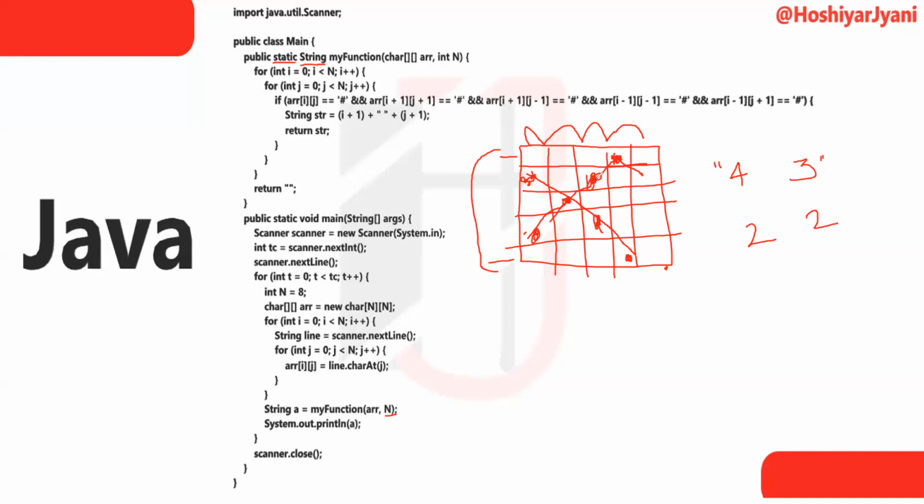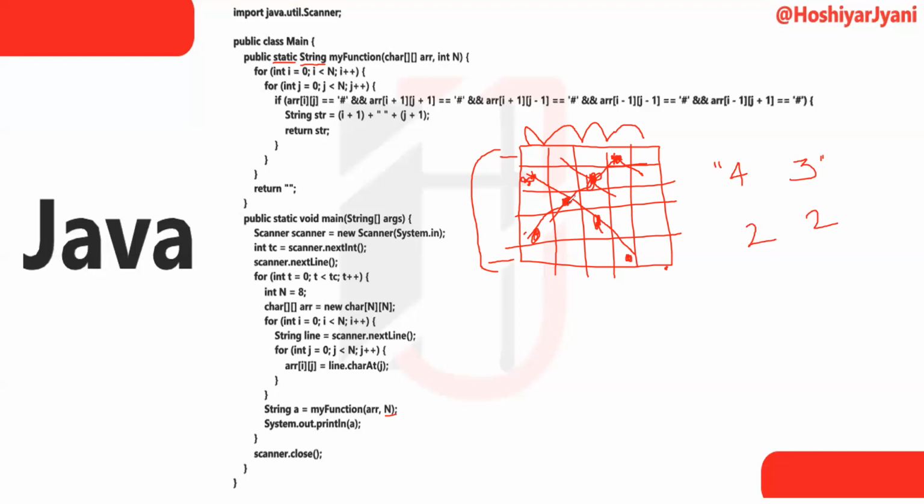After that, at this position we are checking this side. Yes, definitely they are present. And on this side, one hash is present. But when we check this diagonal and this diagonal, there is no hash present. So we are going further. After that, when we come to this position, guys, we find a hash here.